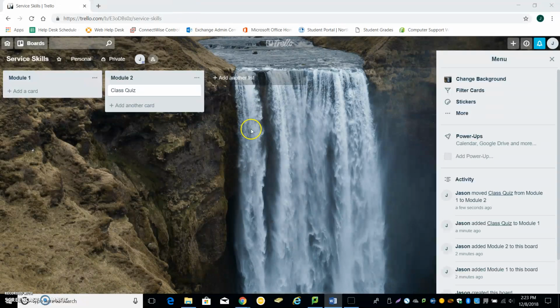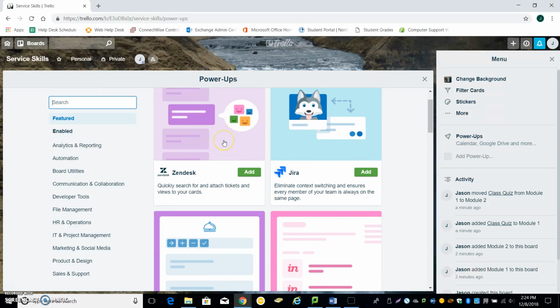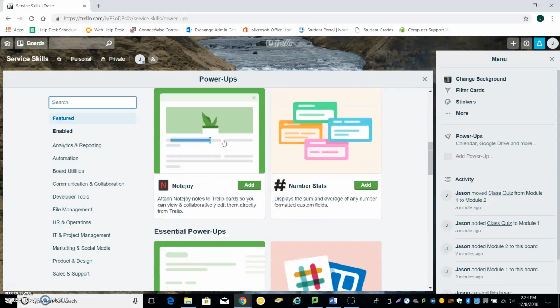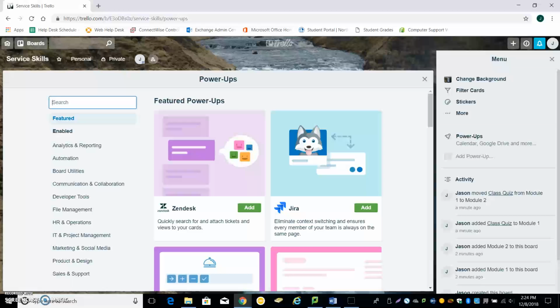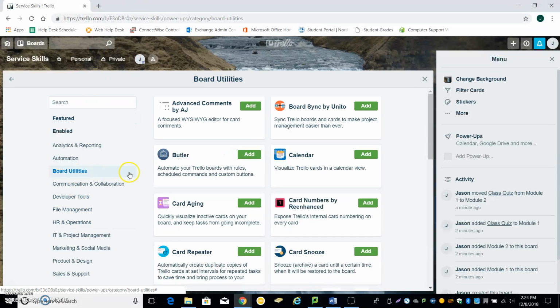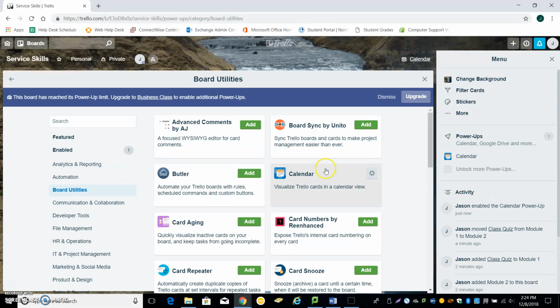And for the power-ups that you're able to use in this, on the right-hand side of the menu, you can click power-ups. Here you have different features that you're able to click, but right now I'll go to board utilities, and I'll click add this calendar. Once I add the calendar, it'll pop up here right next to the menu,